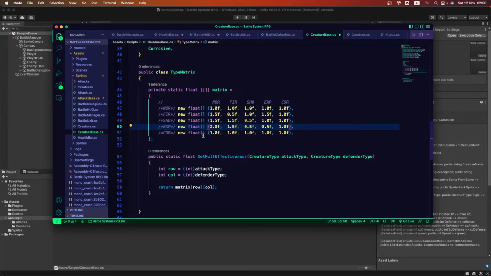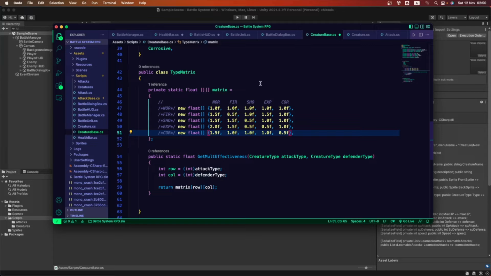Okay, so yeah, here we're gonna be using that corrosive is gonna be using a 1.5 against normal type of creatures, and let's leave all of these ones to 1 except their own type. Okay, so there it is. Now we have our table to decide what type of damage some type of attacks do against some type of creatures.